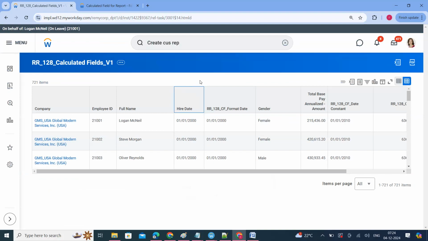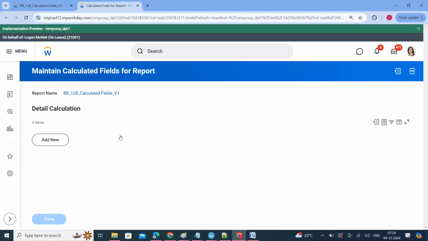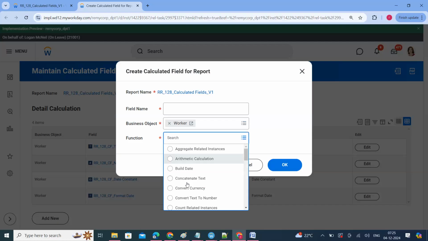Okay, perfect. So this is the format date. Very simple, whatever options are available, if you are comfortable, you can choose those options. If you are looking for a specific format option which is not available, we don't want to struggle. We just directly go to the format mask. We can use the format mask. You can write your own formula, whatever specific format you are looking for. Okay, perfect. The next one is